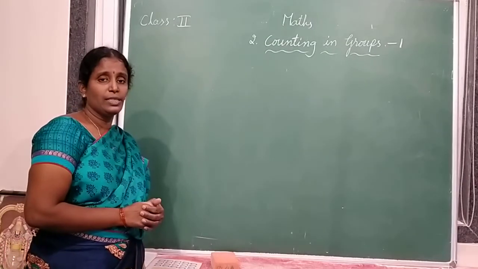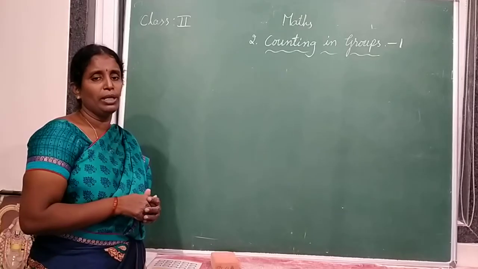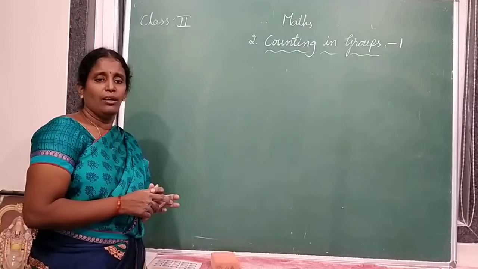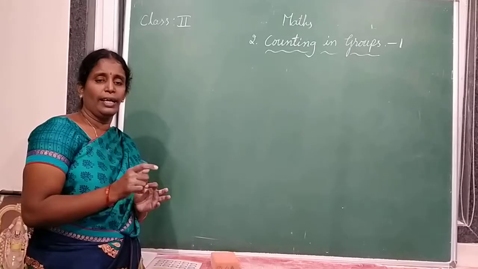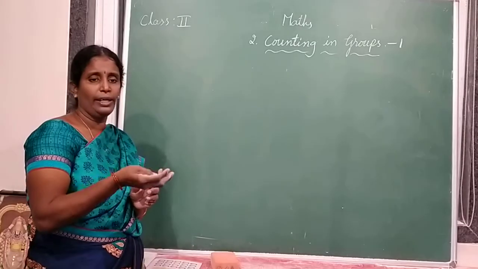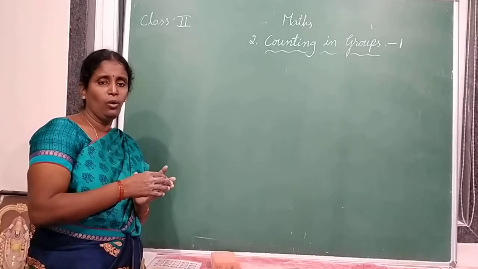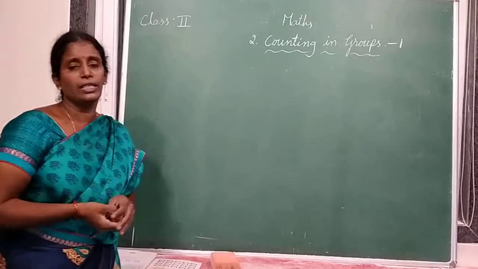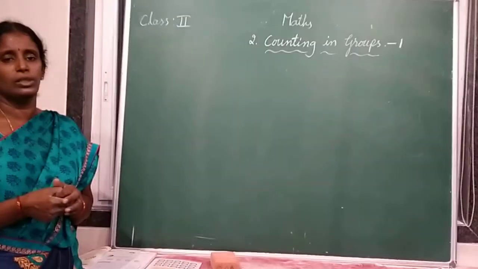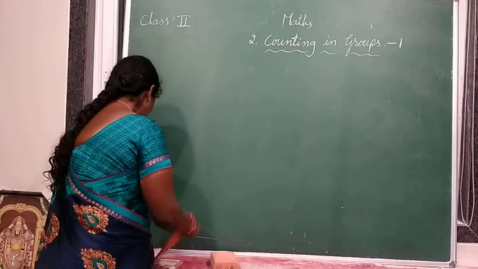Counting in twos means while counting the numbers we have to skip one number. And another way: by adding 2 to its previous number. To get the number we have to add 2 to its previous number. If you add 2, then you will get the next number in counting in twos. Understood? So similarly, your homework is